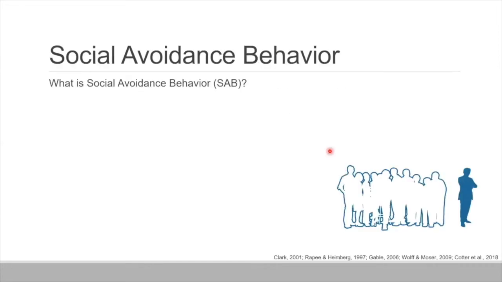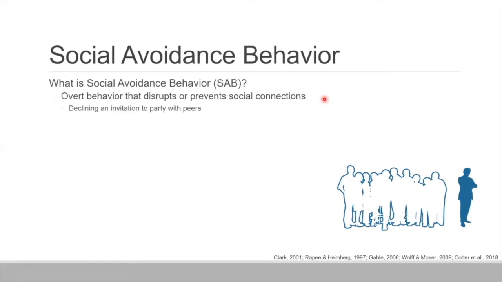So first thing I want to talk about is just defining what is social avoidance behavior, or who are socially avoidant individuals. Social avoidance behavior is kind of a catch-all broad category of things. And really it's any overt behavior that disrupts or prevents the establishment or maintenance of social connections. To make that concrete, it could be something like declining an invitation to a party that some of your work colleagues are throwing. Maybe you go to the party, but you actually kind of just are a bit of a wallflower and you don't really interact with folks at the party. Or it could be that you avoid social interactions entirely with your work colleagues. That'd be more of an extreme form. But all of these would fall under the umbrella of social avoidance behavior.